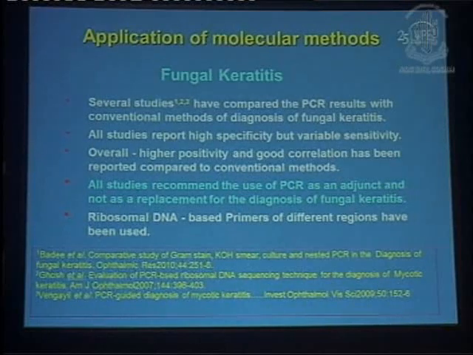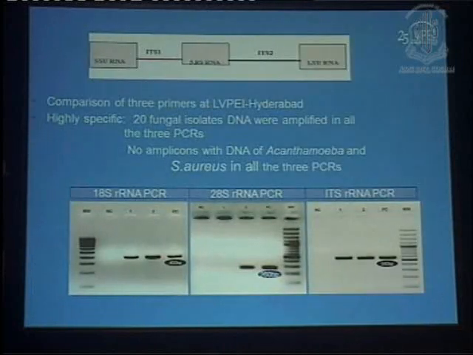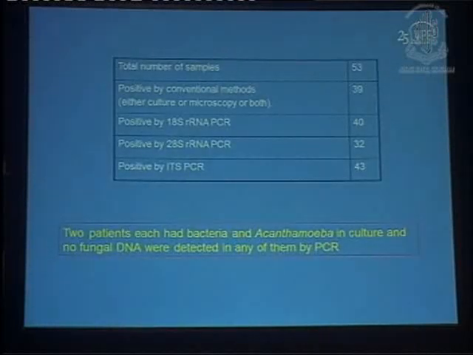In 90% of cases, the need for PCR is not justified. It is not really required, but we still do it, especially for identification of the species of fungi, and not really for diagnosis in the clinic. These are some details I'll skip through, about types of PCR for fungal keratitis. In our laboratory we have evaluated 3 types with 3 different primers, and we find that the ITS primer is the best one for looking for fungus in clinical samples from the eye.